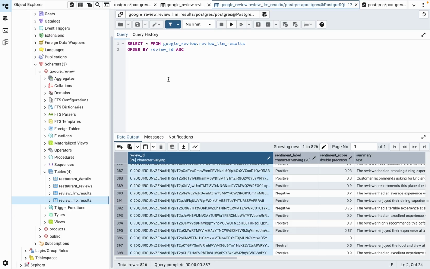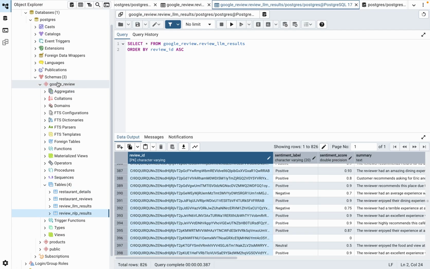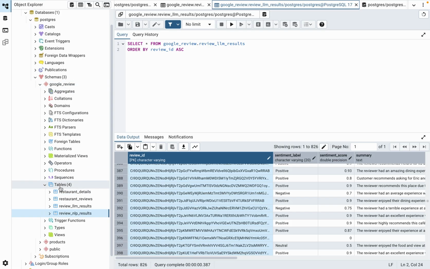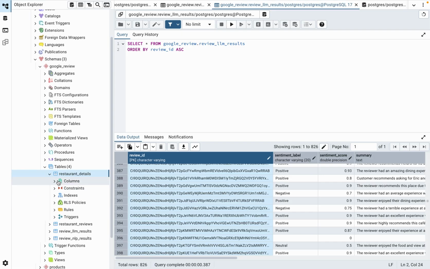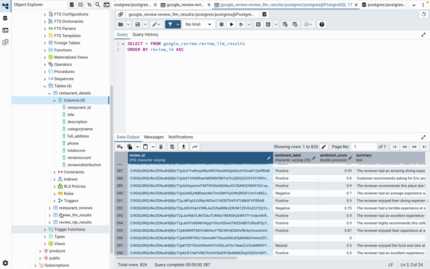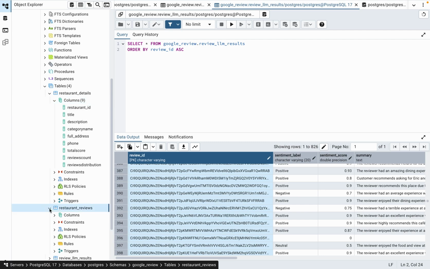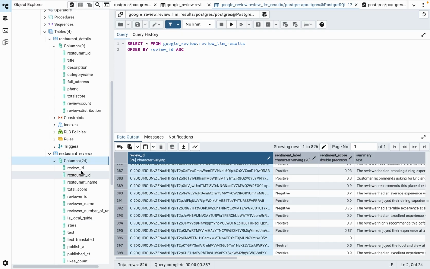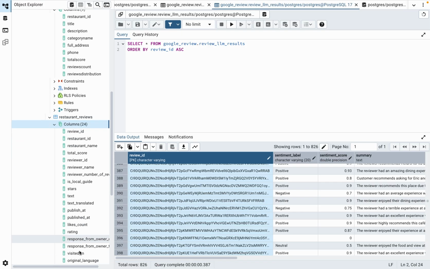I want to explain a little about my database. This is my schema, Google review, and inside the schema I have 4 tables. One is restaurant details, and in restaurant details I have these columns. Later I have another table, which is restaurant review, where I have set these columns.